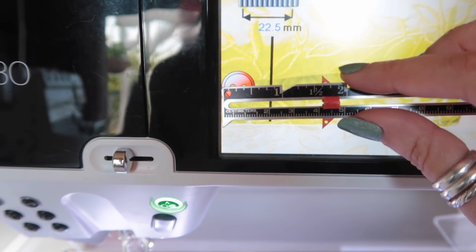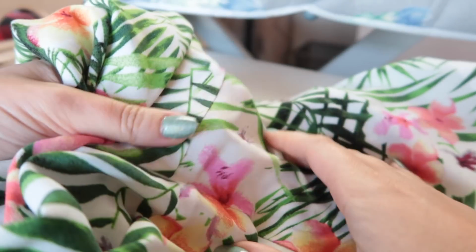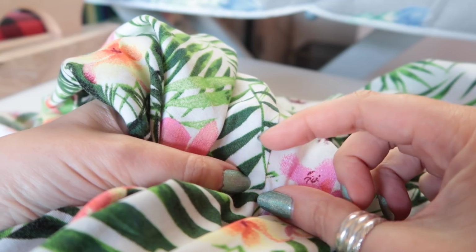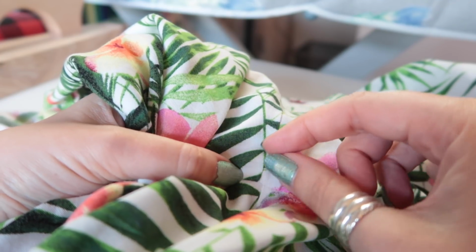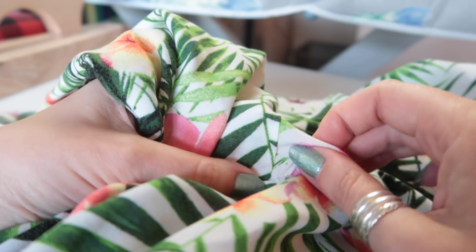Yeah, just an inch. I've made my buttonhole an inch long, and I'm going to place it, and this is the right hand side of the dress as it's being worn. So there's the front, this is the side seam. Now I've French seamed and pressed my seam towards the back, so I'm actually going to put the buttonhole in on top of that French seam because there's more fabric there which will give it a little bit more stability. And I'm going to start at the bottom, just inside, just here,